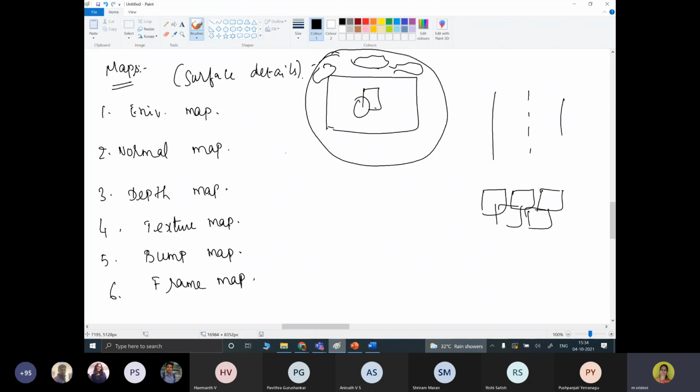Once it is rendered, only then can you get the feel of a realistic display. Is it clear what the need for a map is? Yes, ma'am. Now we are moving on to the different kinds of maps and how we are going to use them.